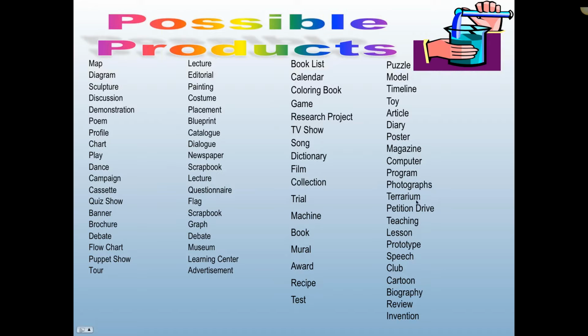Maybe they're in science class and making a terrarium makes sense. Maybe putting a magazine together makes sense, it depends on what it is that they're learning. But look at how many options there are, and obviously all these won't make sense all the time, but there's so many that can be tweaked and played with,